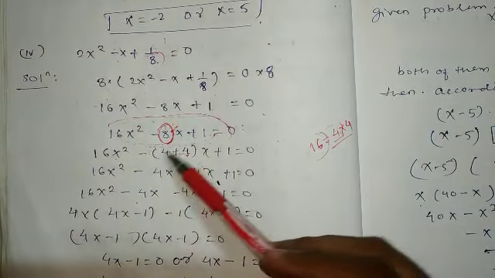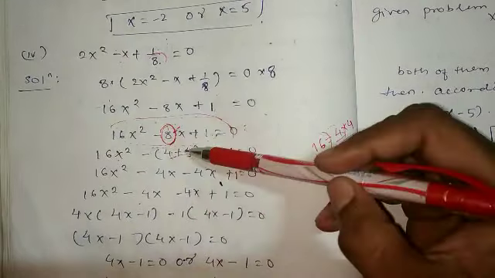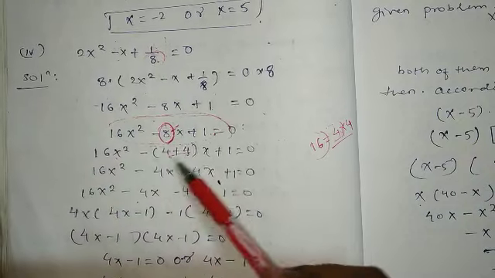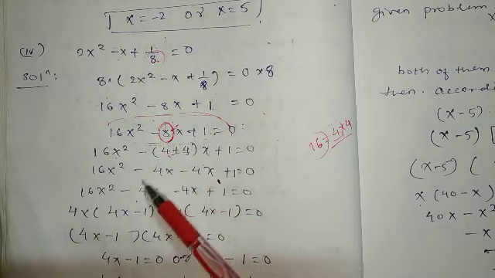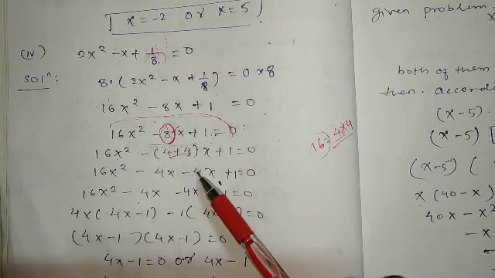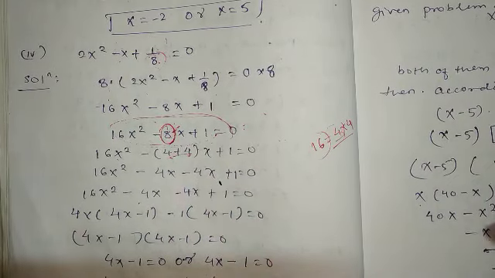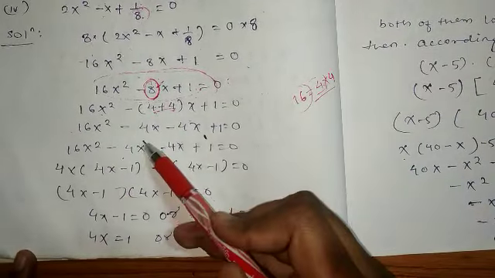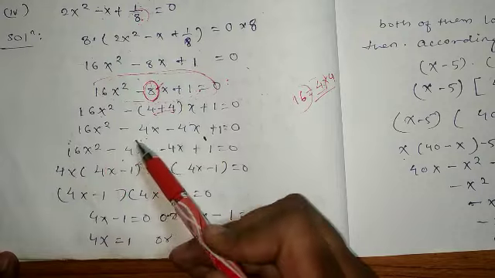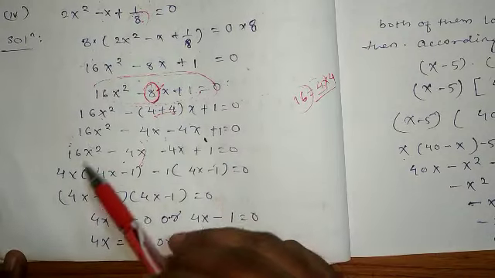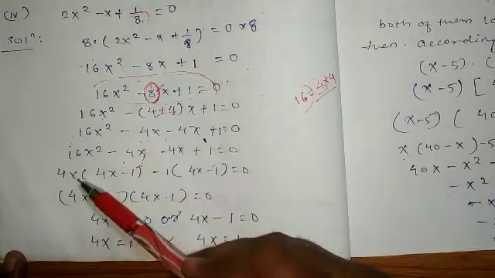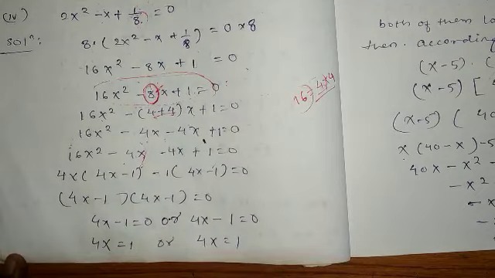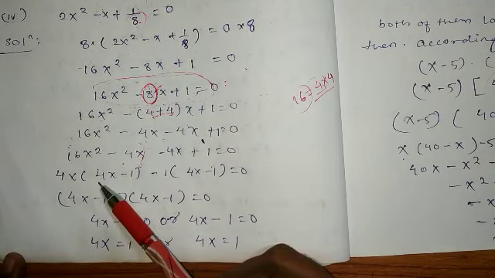So after writing 8 as 4 plus 4, we'll multiply this minus symbol inwards the bracket. So this is minus 4x and minus 4x. After that, you will make a pair of these two expressions and these two expressions. So from these two expressions, you'll find the common number, that is 4 and x, because here it is x square and here it is number x. So here 4x will be common.